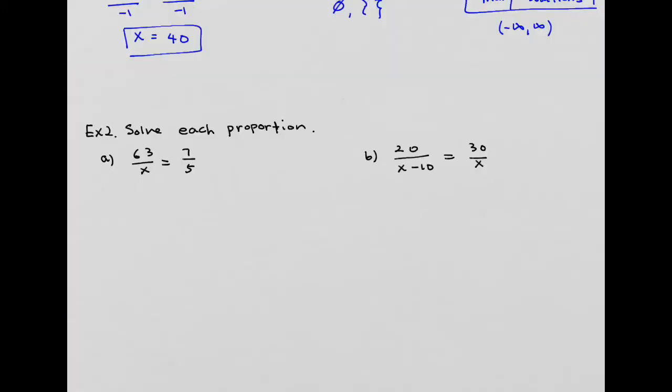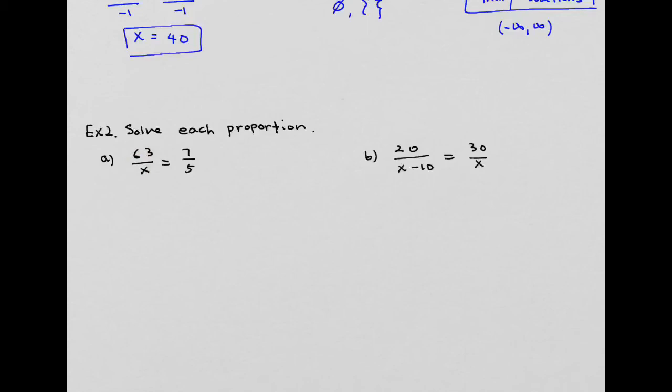The next example we're going to look at is proportions. It's proportions because it's saying one fraction is equal to the other. So they are proportionally equal, even though they're not the same numbers. Here, you can do these types of problems two different ways. Whenever you have one fraction equal to one other fraction, just one fraction on both sides of the equal sign,